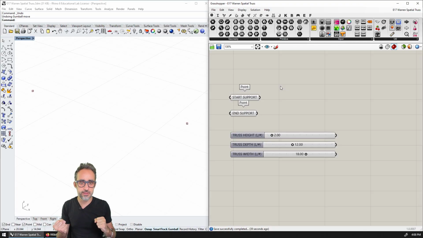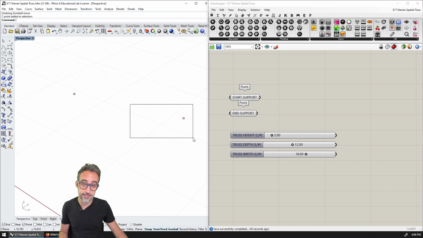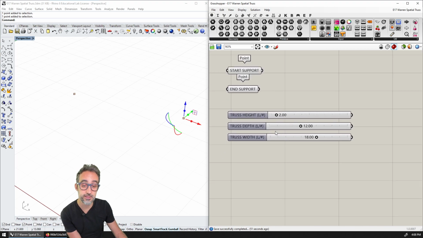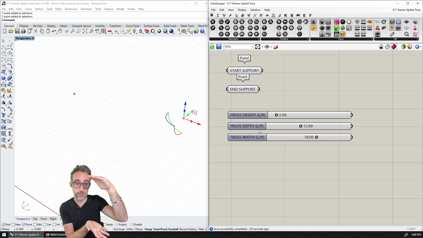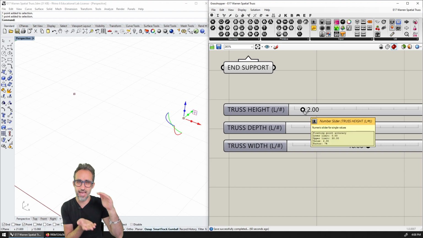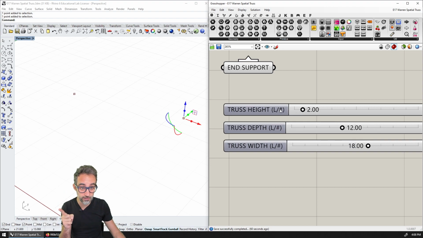Okay, to speed things up, I have gone ahead and started the Grasshopper definition. As usual, I have 2 points in Rhino that I brought here as empty boxes in Grasshopper, and I have a few sliders that I have customized to be the height of the beam. And look at what I'm doing here. I am just annotating myself here that this height is not going to be an absolute value in units. It's going to be whatever the length between those 2 points will be divided by this number. This is just my internal annotation.